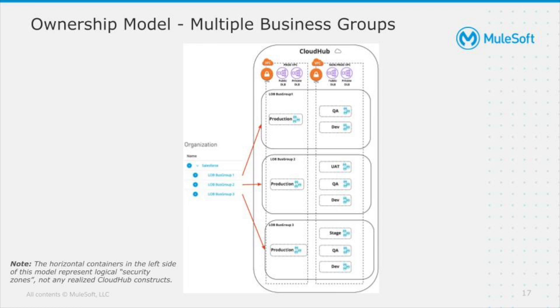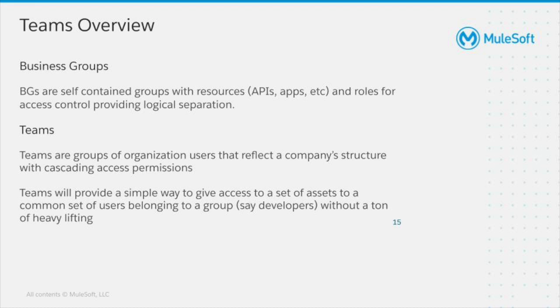Before we wrap up this discussion, let's also discuss our new feature Teams, briefly, which comes handy for access control. Teams is a new feature which we would be covering in a detailed video later on, but on a high level, moving forward, our recommendation is to use business groups for resource and infrastructure isolation, and Teams to be used for access control. Teams separates users from business groups and environments. They take away user grouping and permission management from business groups and reflect organization structure. They offer a simple way to group users and provide access.